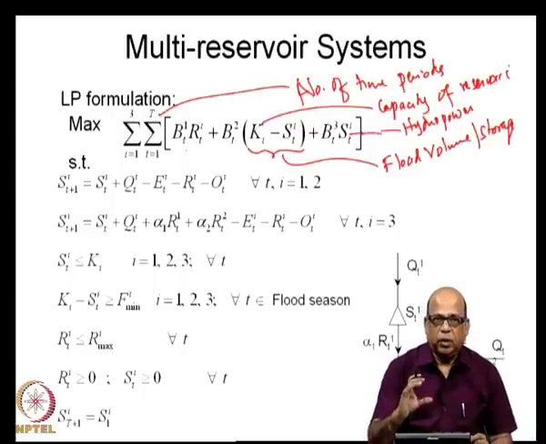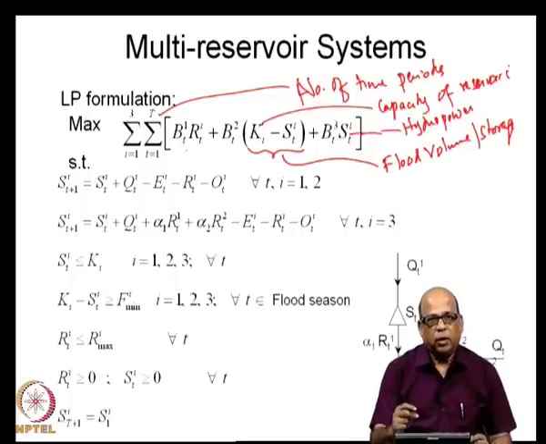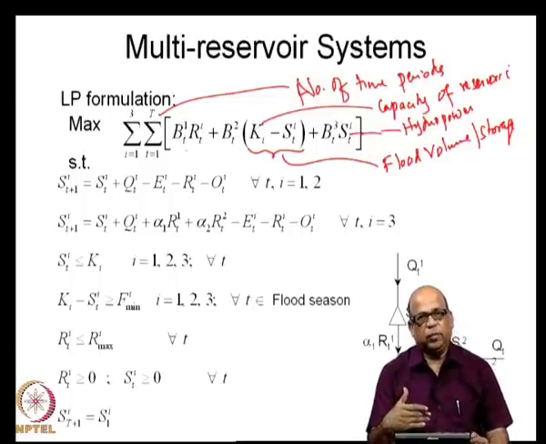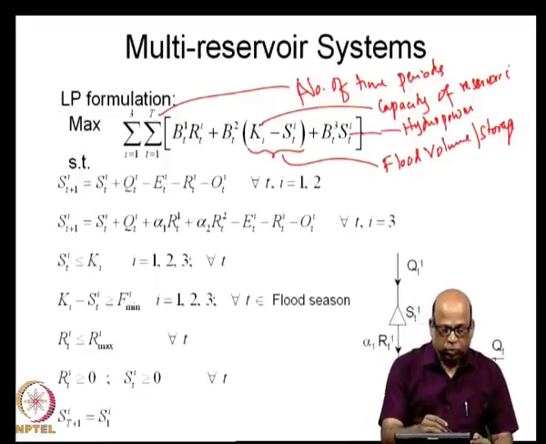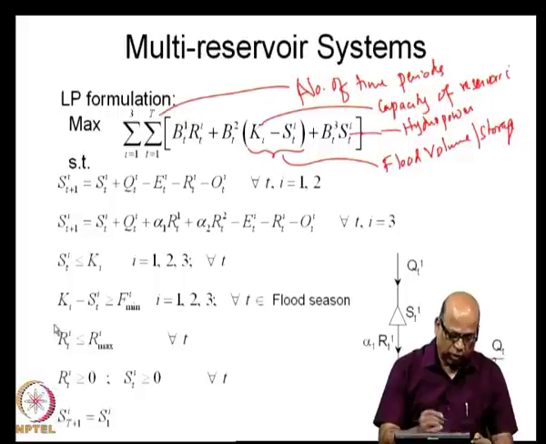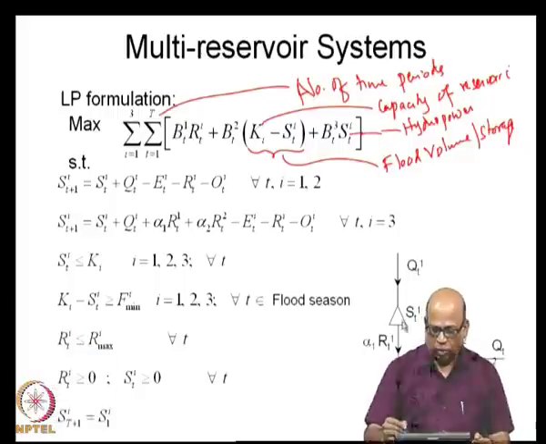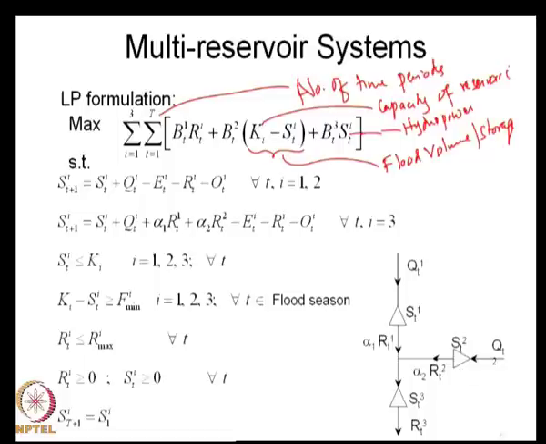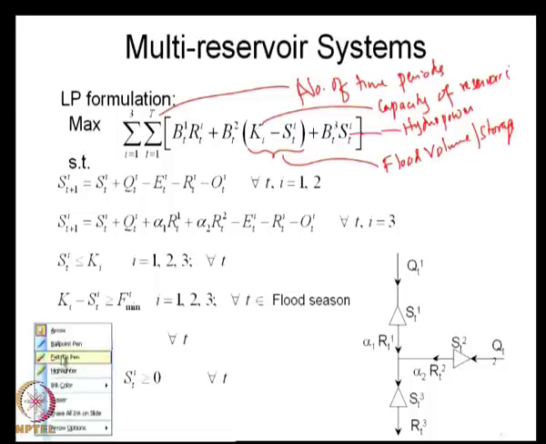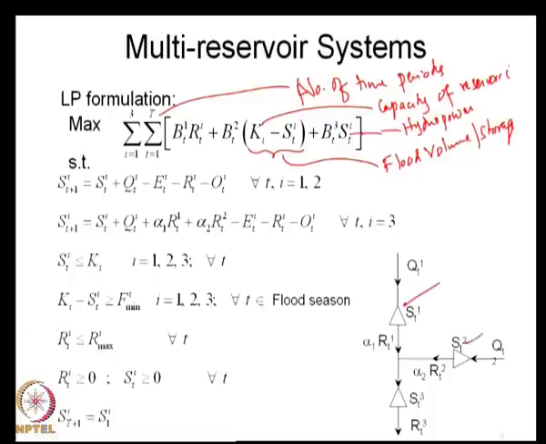So, that is a lumped objective function that we are talking about, and in achieving this, that is in achieving the maximum returns, we need to satisfy all the constraints, and specifically the flow of water from one point to another point is what we have to account for, and that is given by the storage continuity equations. The storage continuity equations we write for reservoir 1 and reservoir 2 together, because they do not have any control structure upstream of it, and therefore, you write for these two together. So, we will write first for reservoir number 1 and 2.